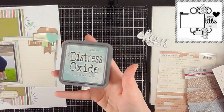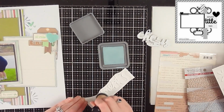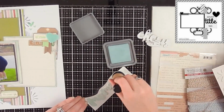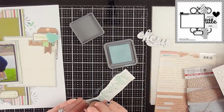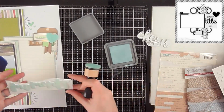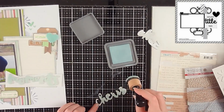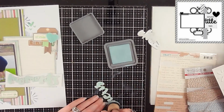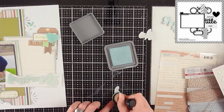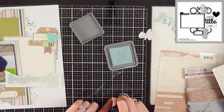So there you see I have my background. It is pretty much complete with all the embellishment clusters and the bits and pieces that are going to go in those embellishment clusters. So now, of course, it's time to work on the title. The title that I'm using are white thickers. I have this Moments, which is like a foam thicker, and I am coloring the foam as well as this chipboard piece that says Cherish,